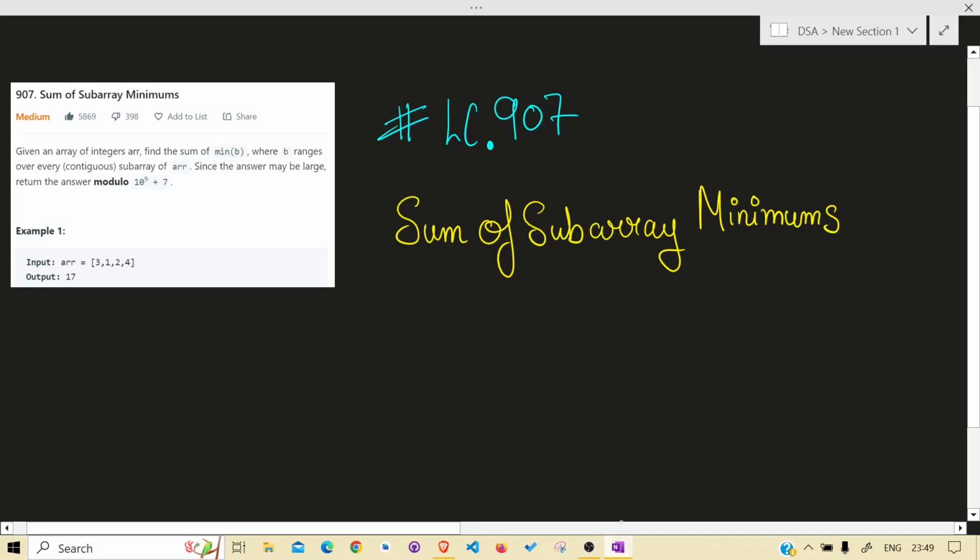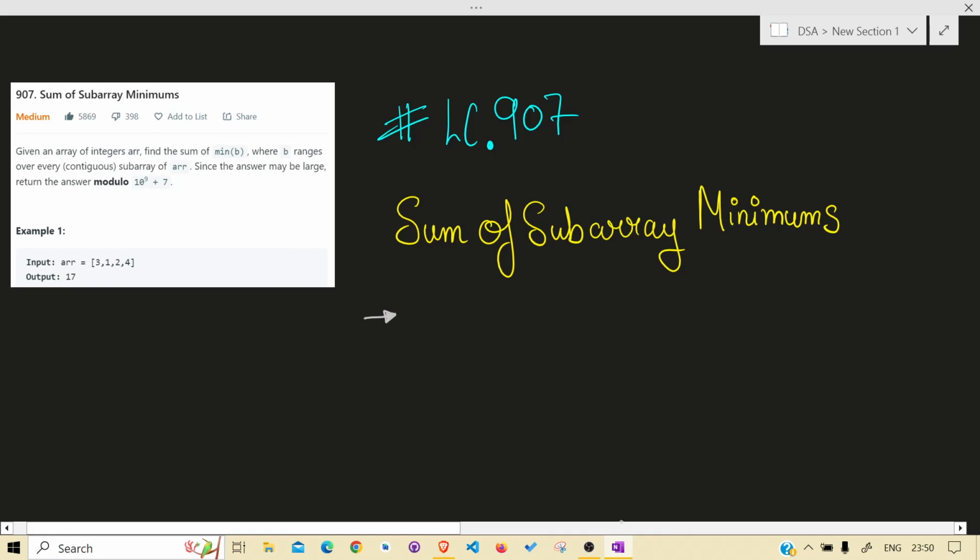Today we are solving another LeetCode problem, that is 907, Sum of Subarray Minimums. And I would highly recommend you read the problem statement and give it at least 15 to 30 minutes before jumping to the solution, in order to get why you need to watch this solution and also to get the intuition. So let's get into the